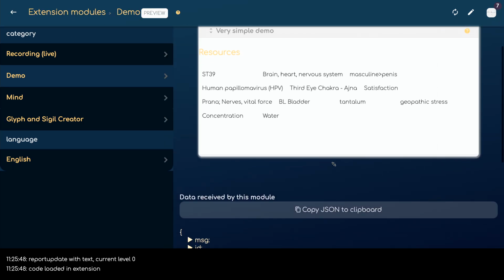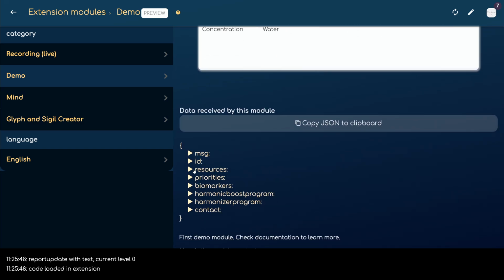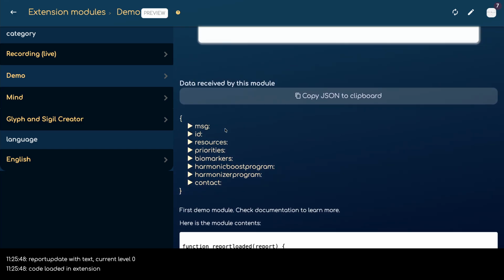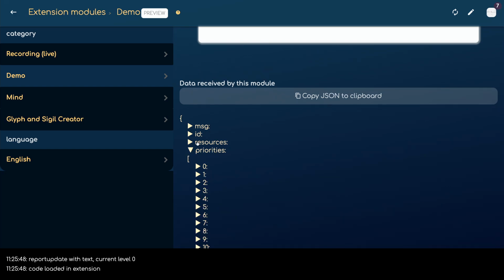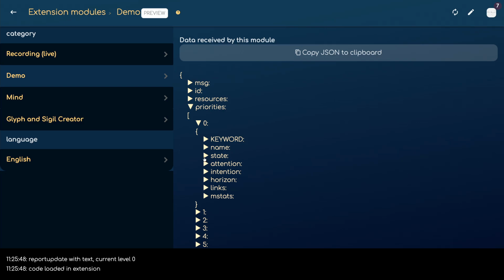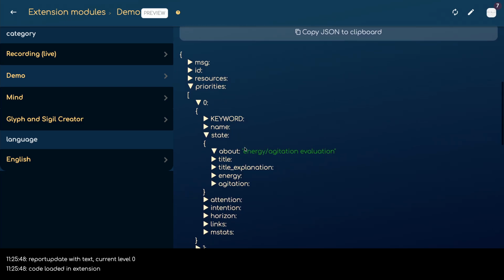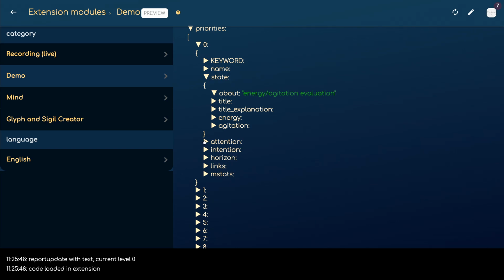This works because the module is receiving a bunch of data that comes directly from your exploration. I won't go too much into the details, but it receives some states, for instance the energy agitation evaluation, and you get some values that you can use.